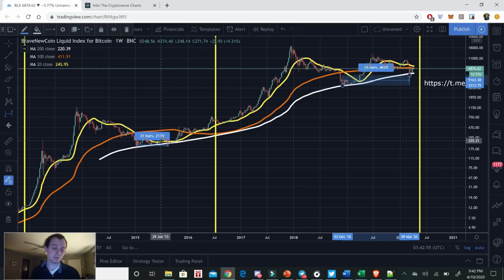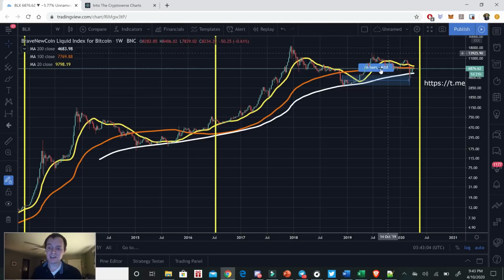So if we're repeating the overarching market structure, then you can see that the time in between these key milestones is getting longer. And we've also noted how in the first cycle, over here, we only failed to hold the 20 week once. And this one we've already failed twice, so hopefully the third time that we try to hold it at support, maybe in a few months,